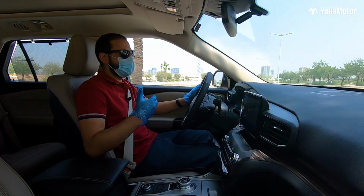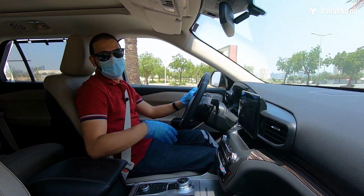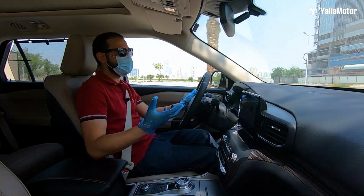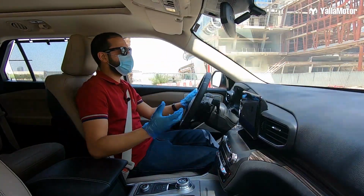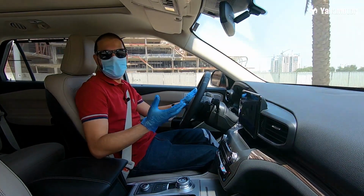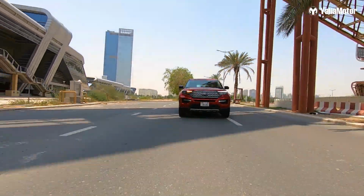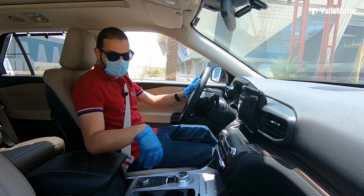Does it feel heavy and lethargic? No, it does not. Does it feel like it needs more power? No, it does not. In fact, the all-new Explorer feels very nice to drive because of the 10-speed automatic transmission and soft suspension setup that makes it very, very comfortable over things like speed breakers or uneven patches in the road. Although this new model is more rugged than the model it replaces, with more towing capacity and 7 different